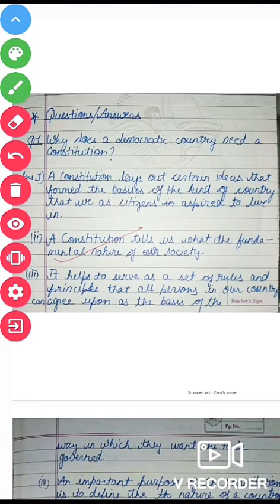Hey guys, my name is Aradhya and today we're going to study chapter number 1, Civics, class 8th NCERT, which is the Indian Constitution. This chapter is very basic, and a few notes I want to make: